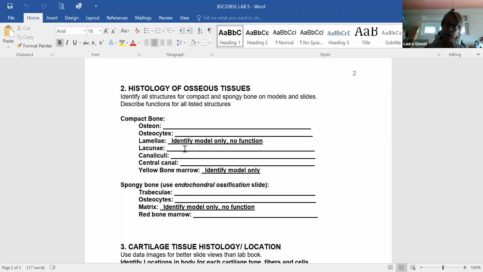Nutrients will go from the arterial supply and diffuse out to the cells, the osteocytes sitting in their lacunae, and metabolic waste products will travel from the cells through the canaliculi to the venous blood and be evacuated away. The central canal is a large diameter passageway in the center for nerves, arteries, and veins. And yellow bone marrow, we'll look at that